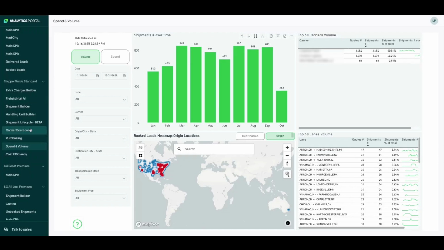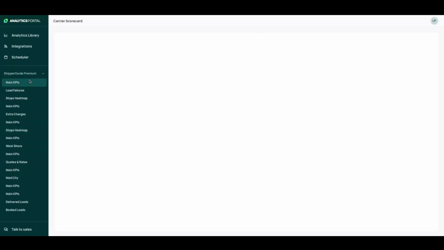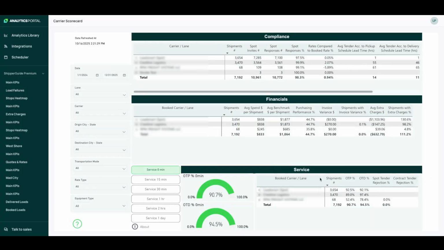And then we start getting into a little more heavy analytics like carrier scorecarding. So almost all TMSs are going to have some version of carrier service metric reporting like OTP and OTB and spot and contract tender rejections. We like to go a little bit further, and we like to provide a lot of different financial metrics, different angles to assess carrier performance, like where they're bidding against the market, how much their invoice is varying versus what they're initially quoting, how much they're bidding against the booked rate, so bids against the actual rate you selected,